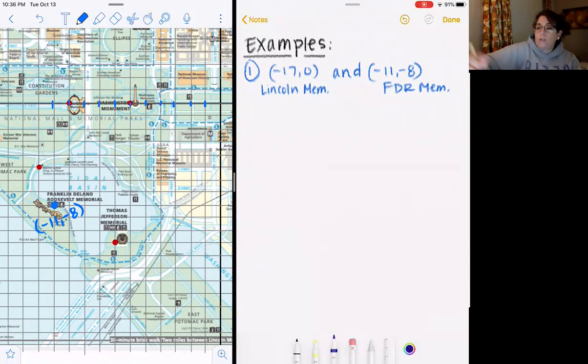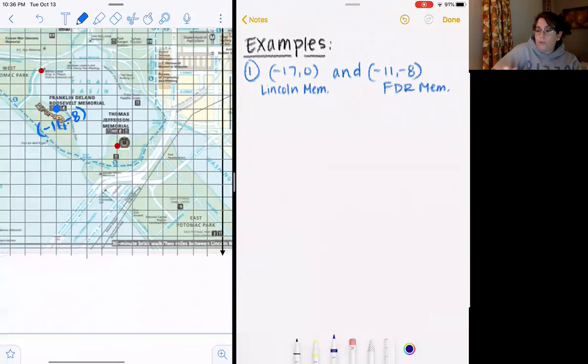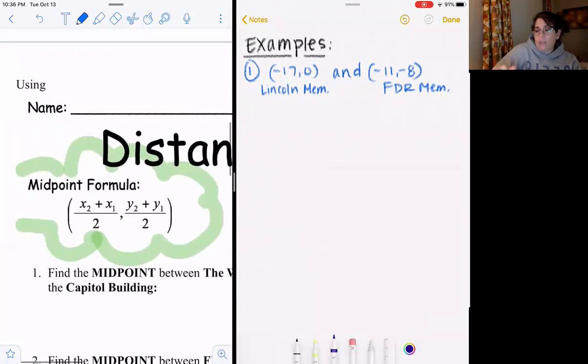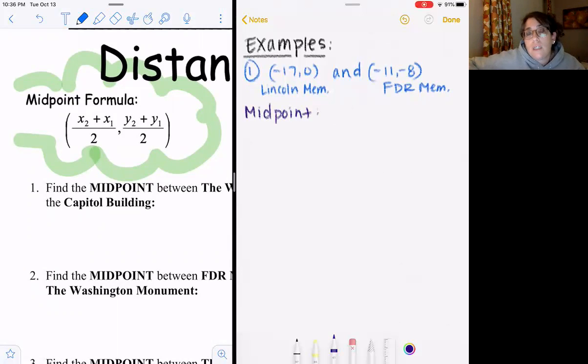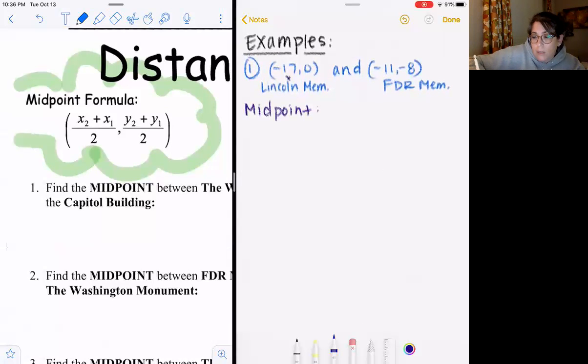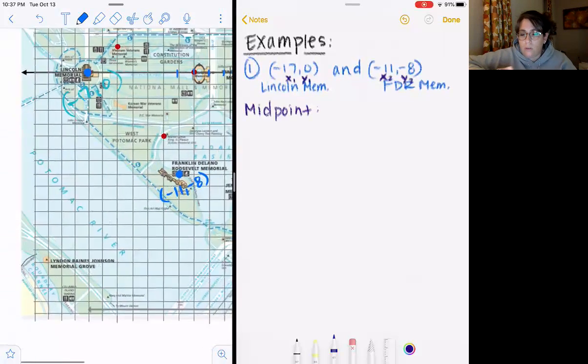But here's how you do this. The first thing we're going to do, there's 2 different formulas, like I said, the midpoint and the distance. So the first one we're going to do is find the midpoint between the 2 points. When you're doing this, every single point has an X and Y value, so you have to label them. This is going to be X1 and Y1 solely because it's the first point. And this is X2 and Y2. So we're trying to find the midpoint between those 2 points.